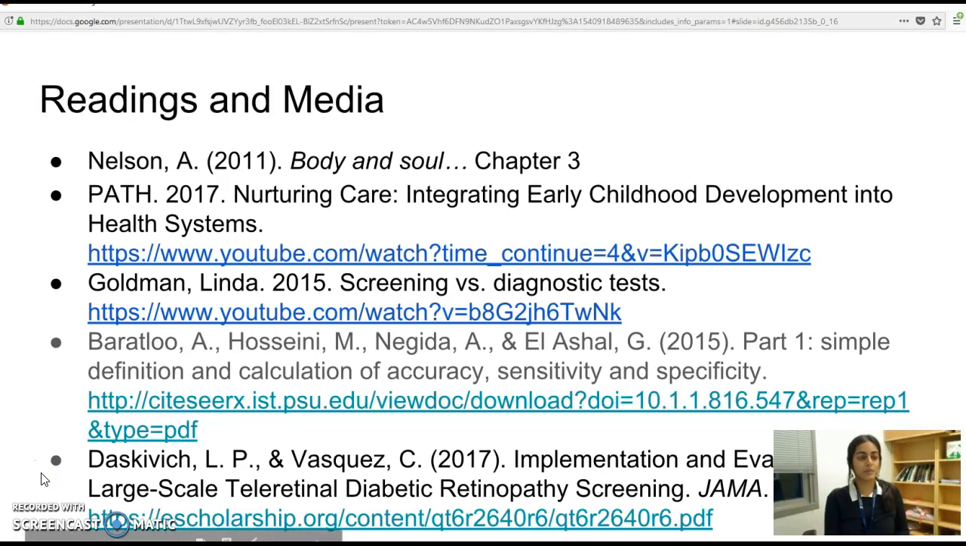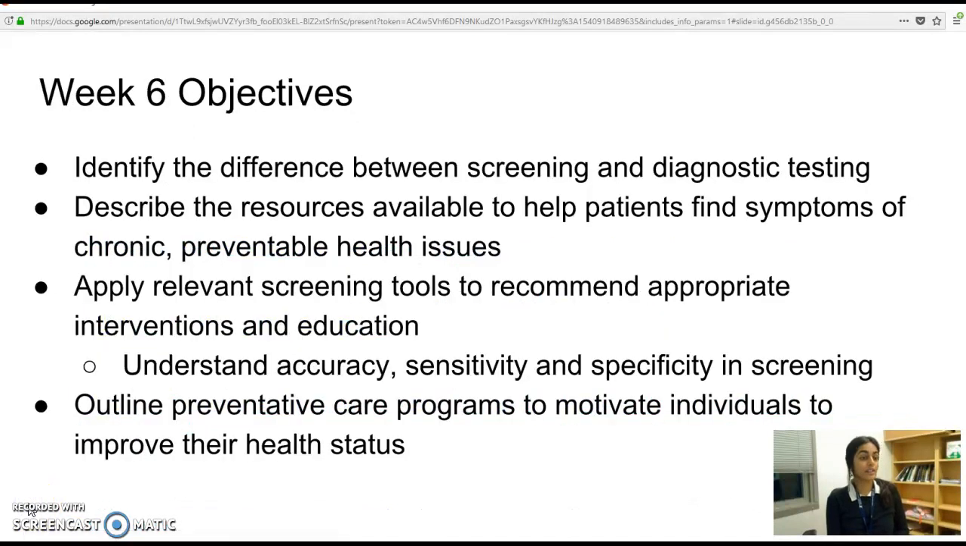Your readings and media for the week were Body and Soul, Chapter 3. You have your discussion for tomorrow, so finishing that chapter up. You have two videos, Path and a nurse practitioner named Linda Goldman telling you about screenings and diagnostic testing, and two articles. Your Week 6 objectives are identifying the difference between screening and diagnostic testing, describing the resources available to